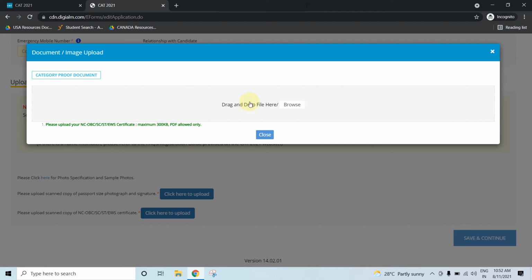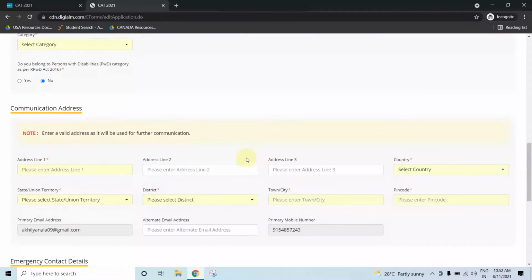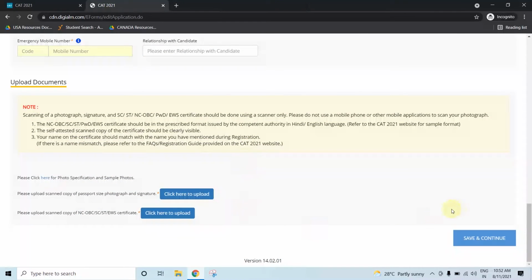And while uploading the picture or the scanned copy, the file should be less than 300 KB over here. Only PDF allowed. It should be in the PDF format. Once you upload all of these, and once you second check the details, click on save and continue.